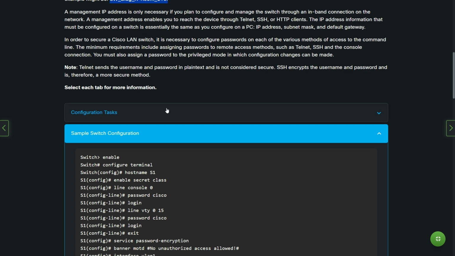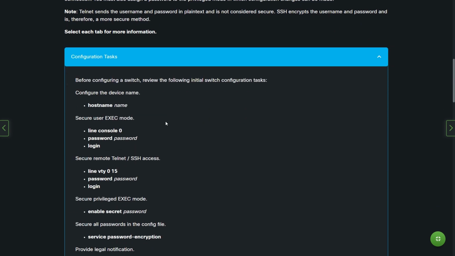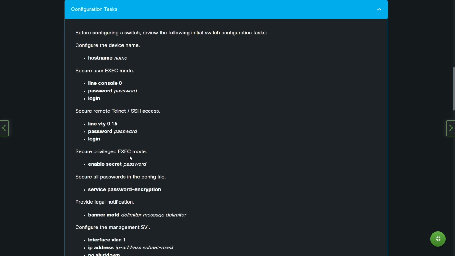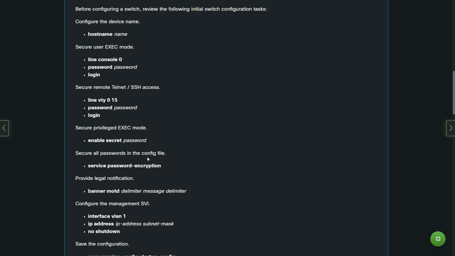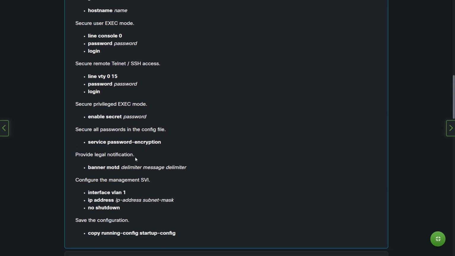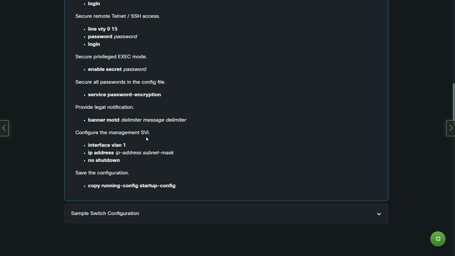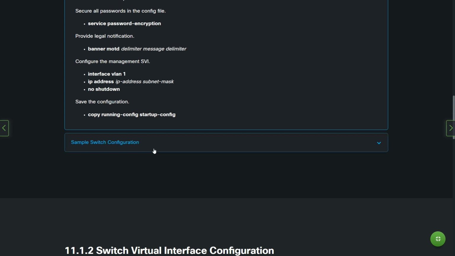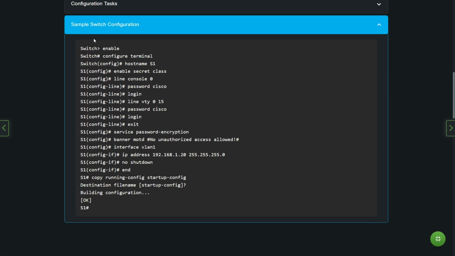Select each tab for more information. The first tab is Configuration Task. Before configuring a switch, review the following initial switch configuration tasks. Configure the device name, check your user exec mode, check your remote Telnet Secure Shell access, check your privilege exec mode, check your passwords in the config file, provide legal notification, configure the management switch virtual interface 1, and save the configuration. The next tab is sample switch configuration with these commands,